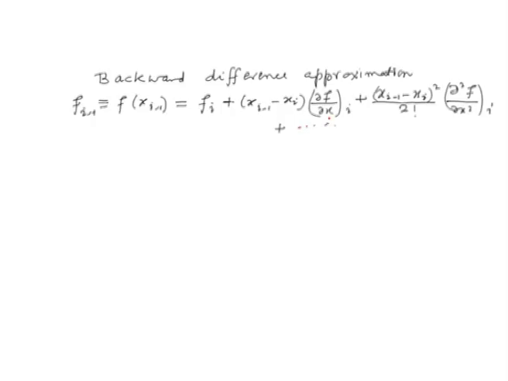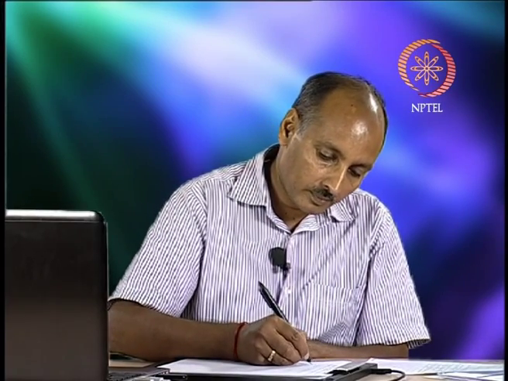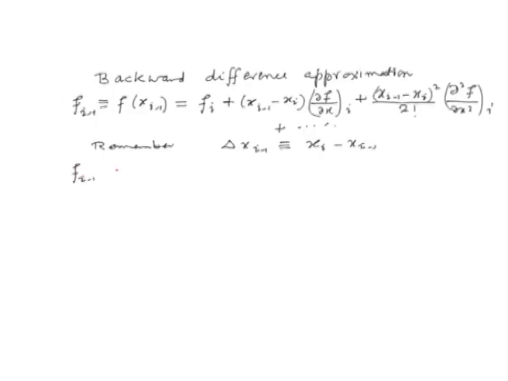Let us write it more compactly by introducing our delta x terms. So, remember that delta x_{i-1} is x_i minus x_{i-1}. If you introduce this delta symbol, we get f of i minus 1 is equal to